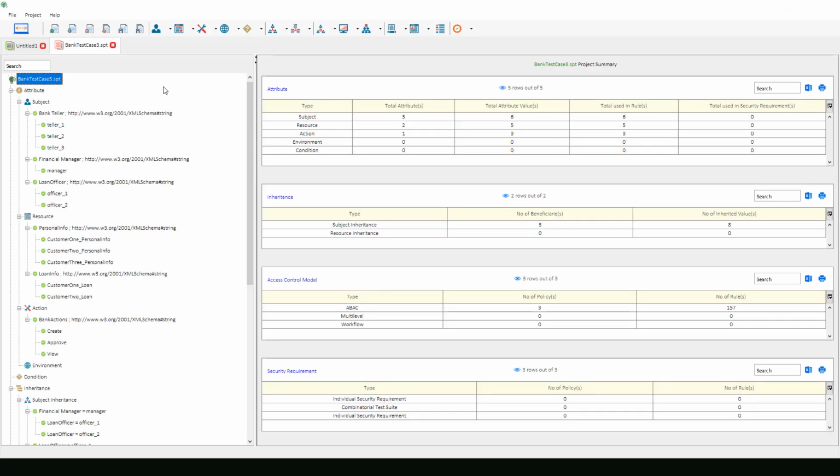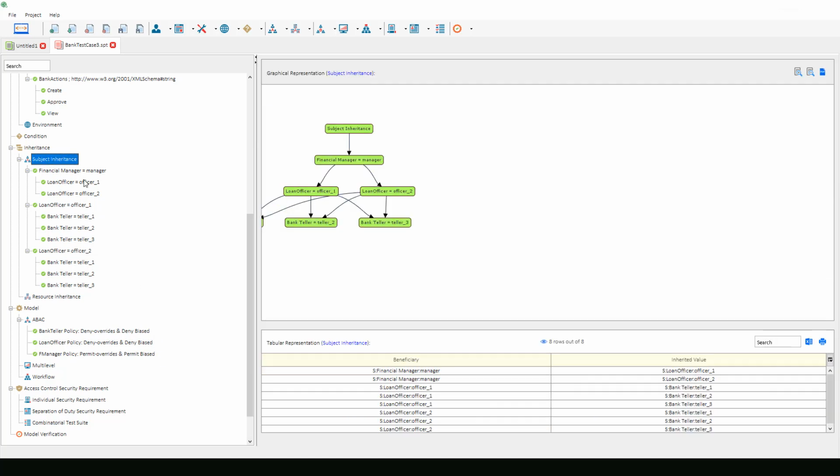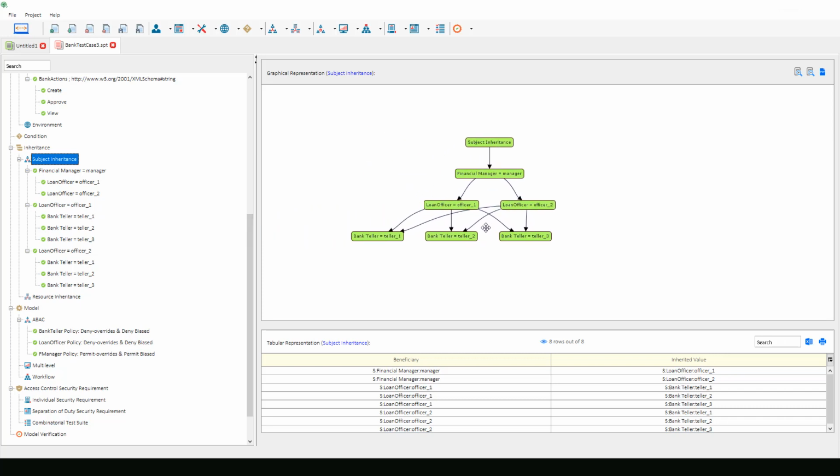If we take a look at our setup of this example, we will see we have several subject, resource, and action attributes, as well as 3 ABAC policies. We also have defined some subject inheritance relationships in this example to generate rules more easily. We've designed that subject financial manager should inherit all of loan officer 1 and loan officer 2's privileges, as well as that loan officer 1 and loan officer 2 both should inherit all 3 of the bank teller subject's access